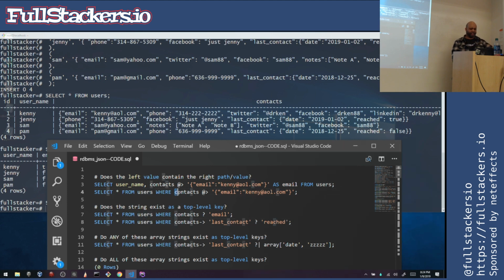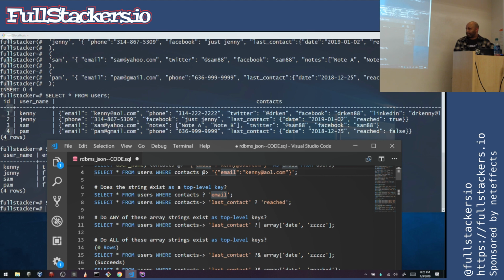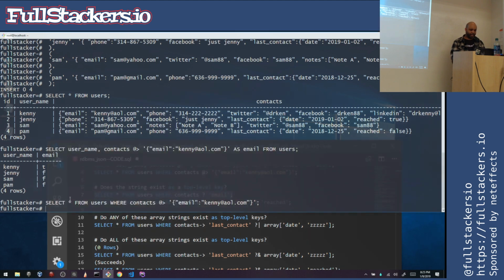And I think this containment operator was not there in the beginning for Postgres. I think they recommend this is how you should actually try to access data, containment or existence wherever possible. You can also say, okay, existence: does the string exist as a top level key? And so we can select,